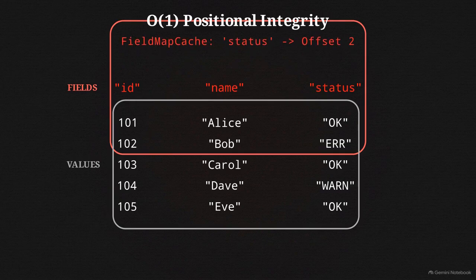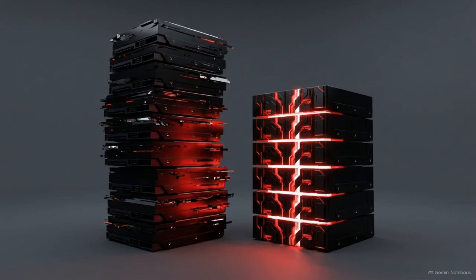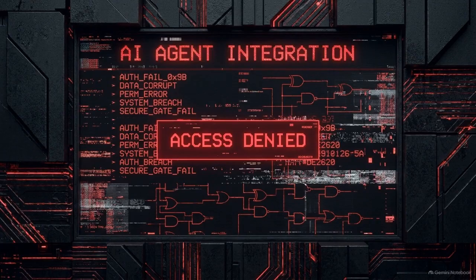Instead of forcing the system to read string keys repeatedly, it bypasses string lookups entirely and accesses data via direct, fixed numerical index offsets. Eliminating redundant key overhead reduces storage by up to 50%, allowing flat file databases to scale without degrading performance. The second bottleneck involves securing data, specifically when integrating AI agents.